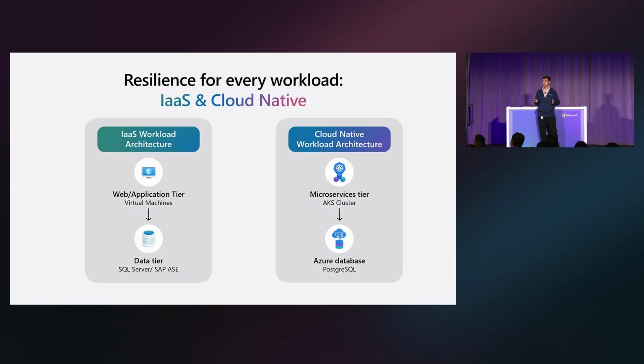Again, I'm not going to talk to you about a variety of different features or capabilities that we are launching. Obviously, that will show up in the roadmap section. But what is important is we are in lockstep with you in terms of the workloads that you run. Whether you are running an infrastructure as a service workload, in this case, you have a two-tier VM example. The front-end tier can be a web tier or a load balancing set of servers, or the back-end tier, which can host a database. Or if it's a cloud-native workload, which runs containers on Azure Kubernetes Service, and then on the back end, you have a platform as a service database, like PostgreSQL or Cosmos DB. We have you covered for data resiliency and cyber recovery.